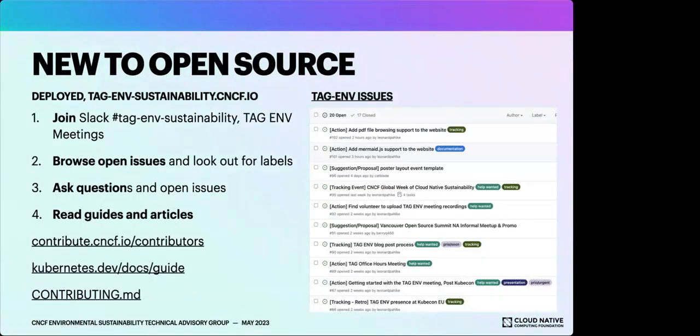If you're completely new to open source, the best first thing to do is joining this meeting, but also joining the other meetings. Also join the Slack TAG Environment Sustainability channel. If you have not, probably you already have, because otherwise maybe you haven't heard about the meeting.